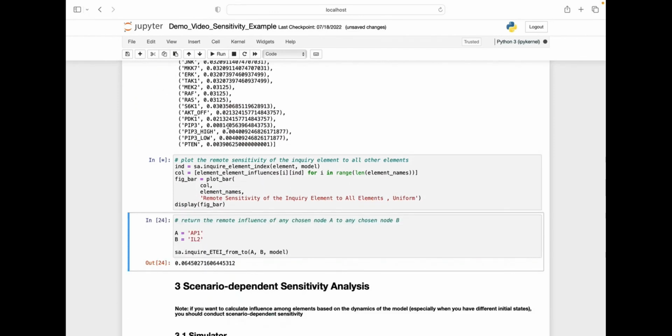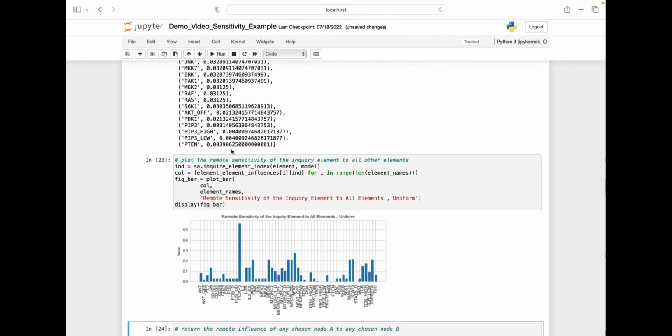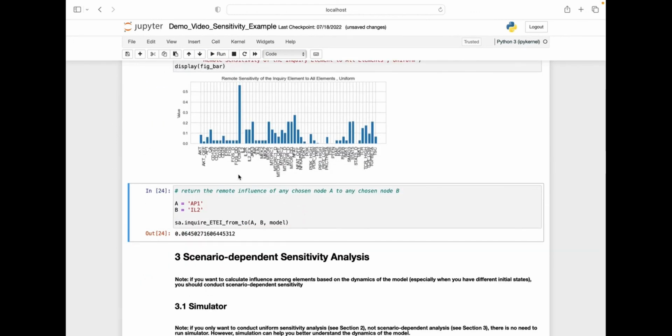Of course, we can show them either in a bar chart or a list of values. Furthermore, we can also return the remote influence from any chosen node A to any chosen node B.